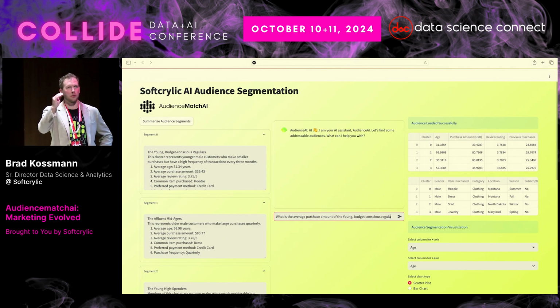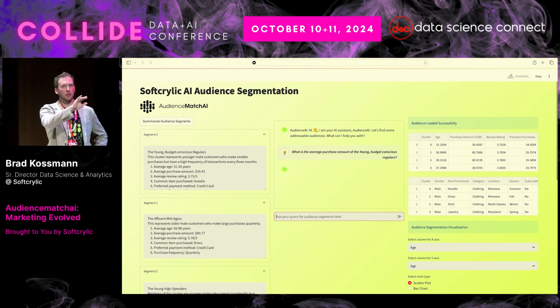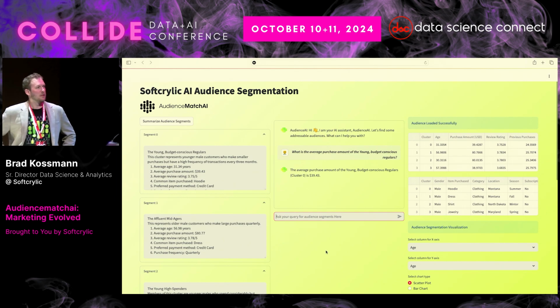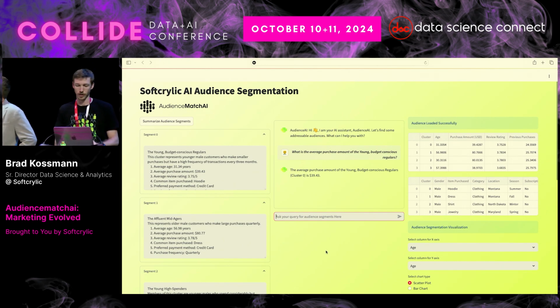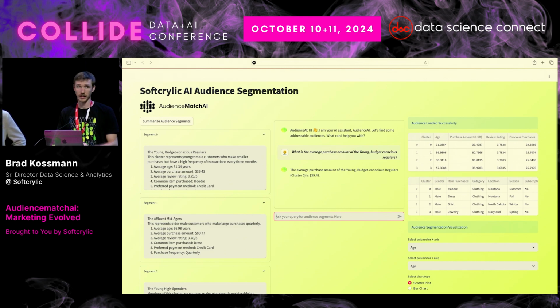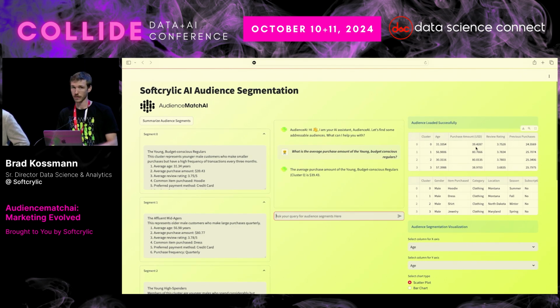So Morgan was just running through some statistics for one of the segments. It's really easy just to cross-check between what the LLM is saying and the tabular outputs on the side that, yes, the average age really is 58.9, et cetera. And that's what we're doing here. So I just asked about the average purchase amount of those young budget-conscious regulars, and it's telling us it's 39.43. We can see that's what it provided us in the segment description here on the left, and we can also see 39.43 here in our quantitative overview.